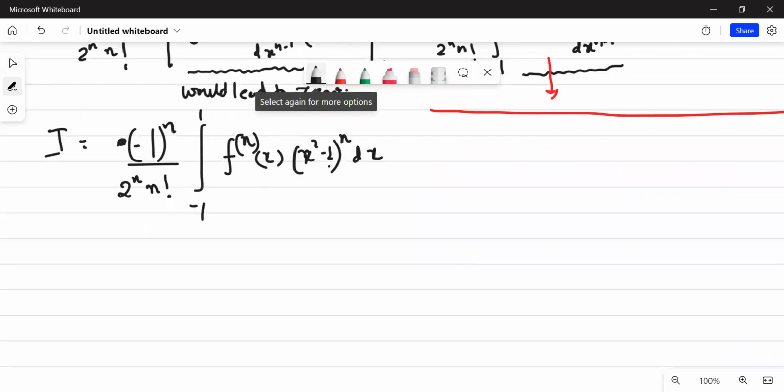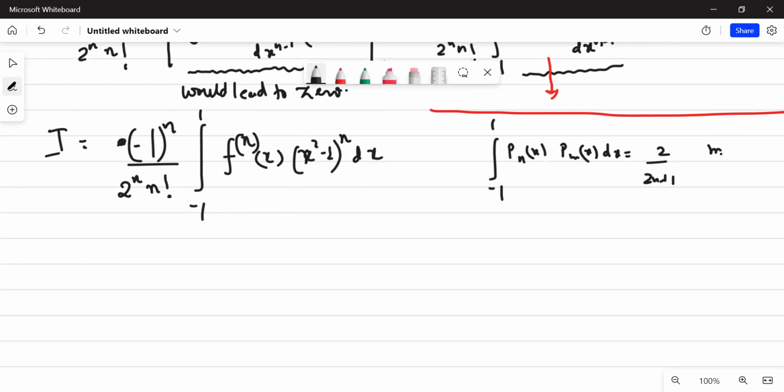So now f^n (x square minus 1) raised to power n dx. Now what case were we discussing? We were discussing that if from minus 1 to 1, P_n(x) is there and P_m(x) is there, and then if I want to find what will happen if m is equal to n, this is what we were trying to find, right? So instead of f(x), if we replace it with our Legendre's polynomial, I know that my Legendre's polynomial can be written as,